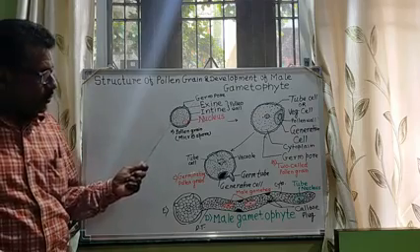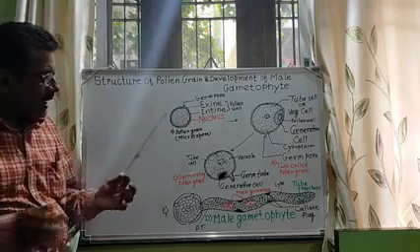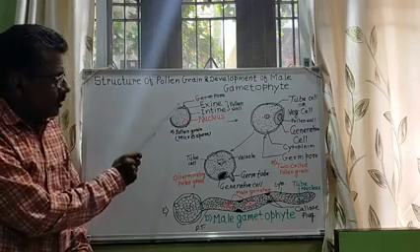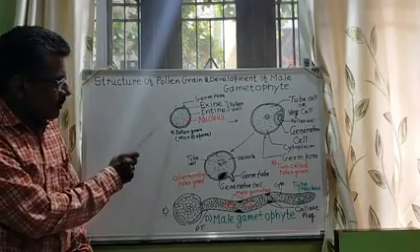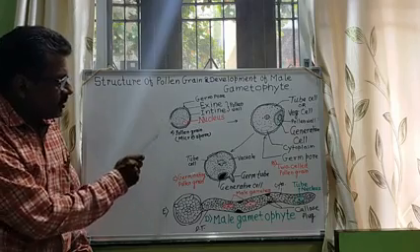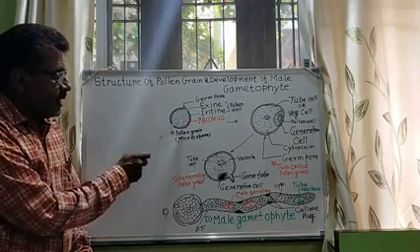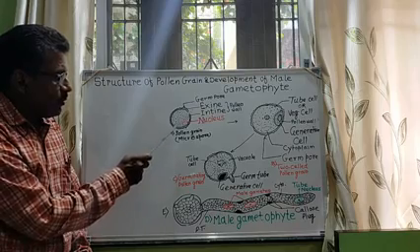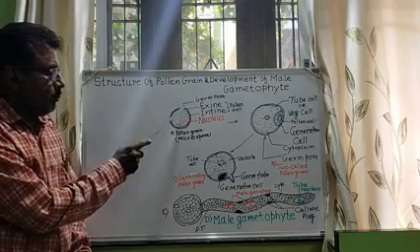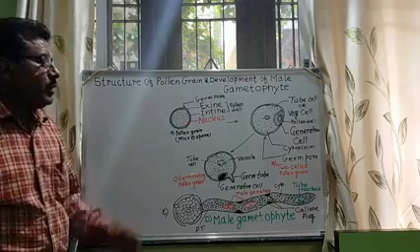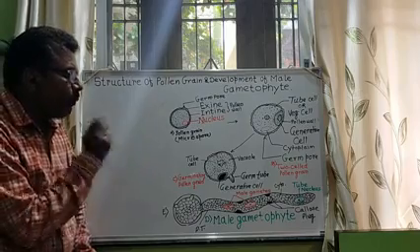The covering is called the sporoderm. The sporoderm has two walls. The outer layer, with zigzag lines, is thick in nature and is called the exine, and the inner layer of the sporoderm is the intine, which is soft in nature. Both these layers are protective. The exine and intine together form the sporoderm.